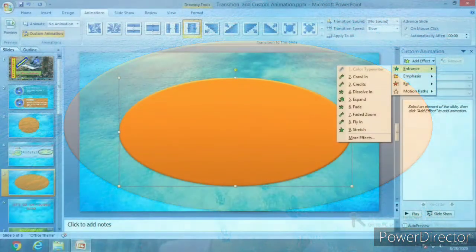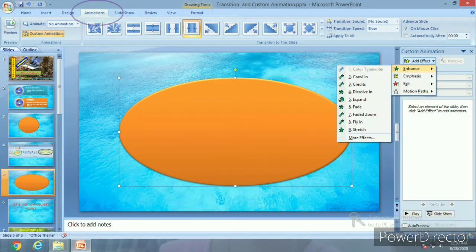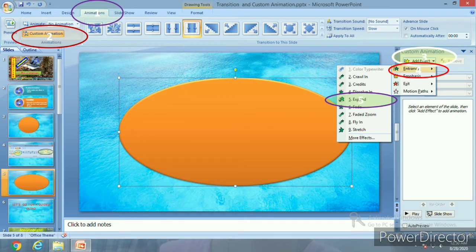Now whenever you go to the slide mode, I have selected the object. Thereafter, I have clicked on the animation tab again, but this time I am not going to put anything under transitions. Just within the ribbon, just below the animation tab, there is an option called custom animation. So what you have to do is click over there, step number 2.